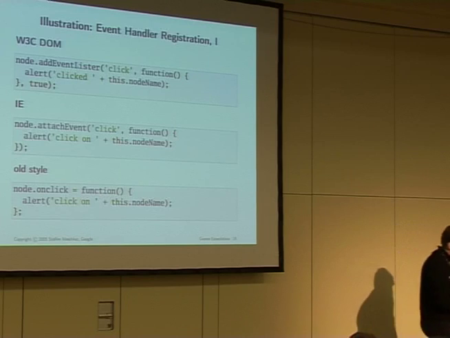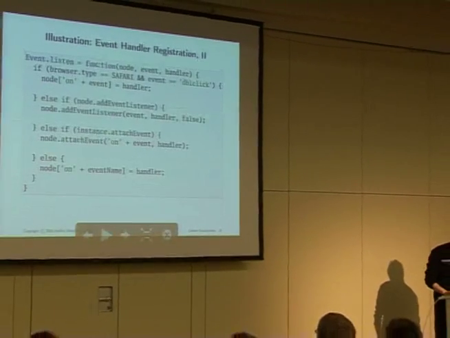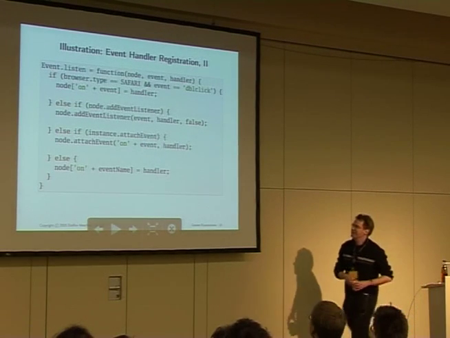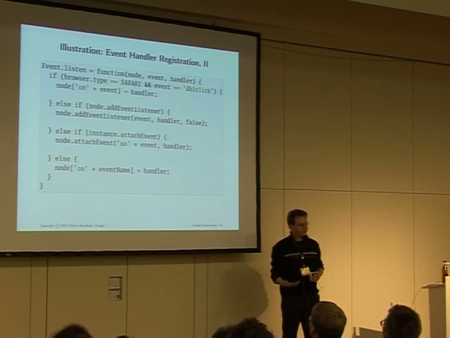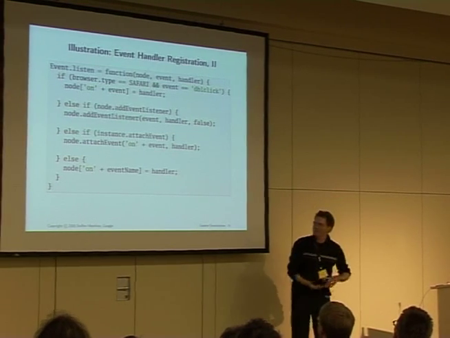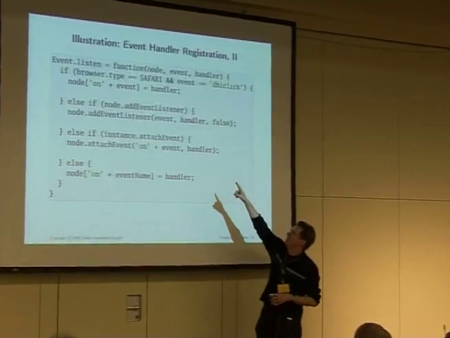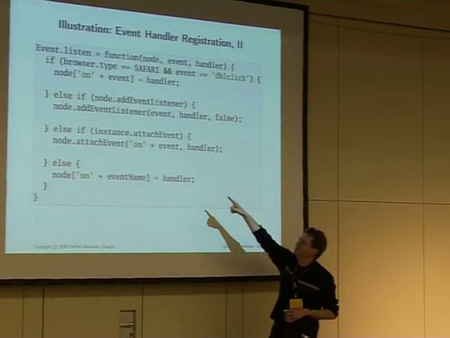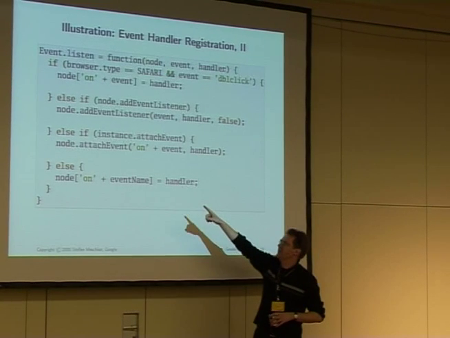And what you obviously do is you never repeat this more than once. What you do instead is you create a function that does this event handling registration for you, and is sensitive to the different interfaces that exist in the browser. And here you have it. If you have an addEventListener method, then you use the addEventListener method. If you have this attachEvent method, then you use the attachEvent